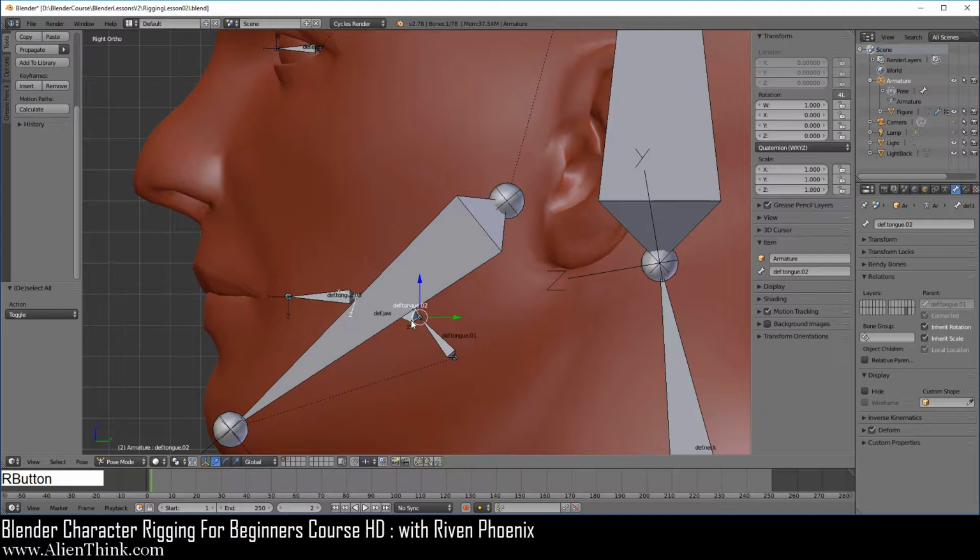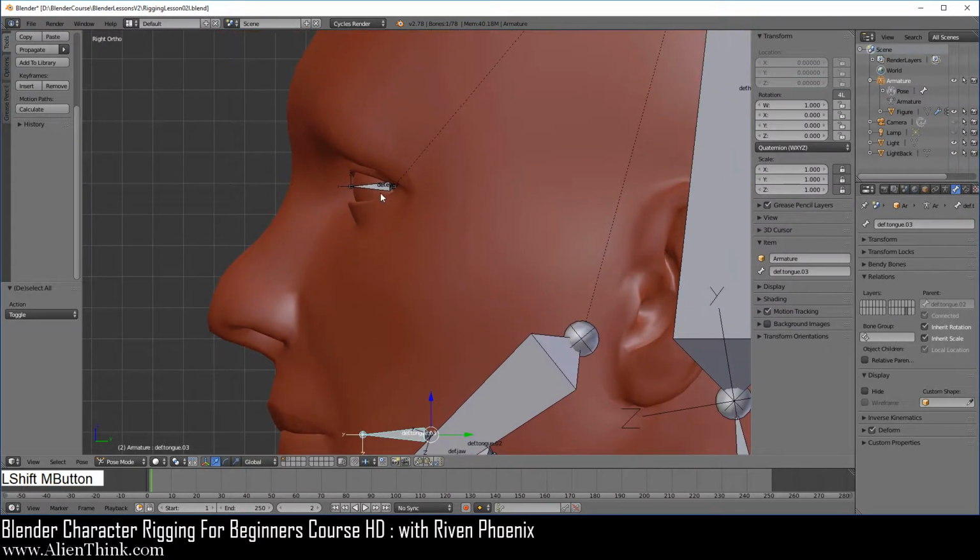Click on the second tongue bone, simply lock the scale. Click on the tip of this tongue bone and lock the scale over here. Okay, so over here I've got everything locked. Okay, now let's take a look at the eye. If we press the G key, we can move the eyeball out, so we don't want that to happen. We're going to lock the location and the scale.